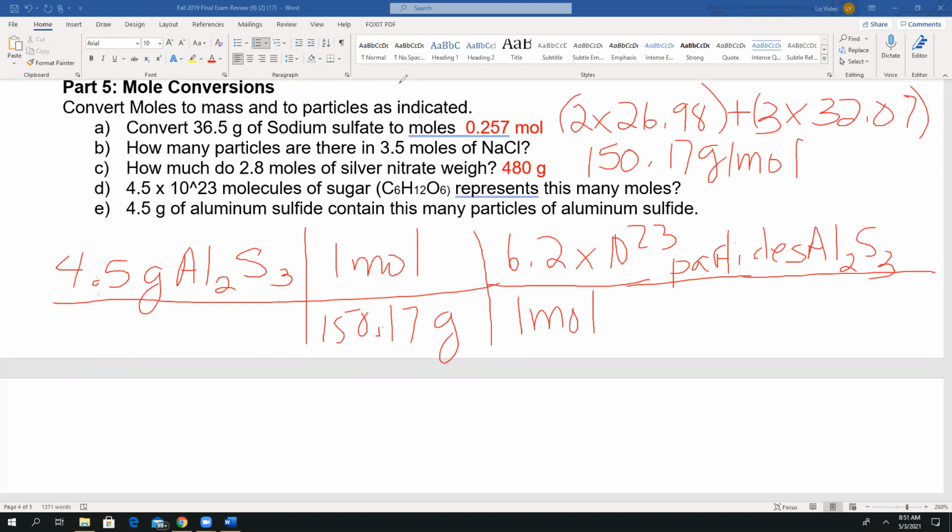So we need to do the math, and we got 4.5 times 6.02 divided by 150.17. The answer for me is this 0.18,